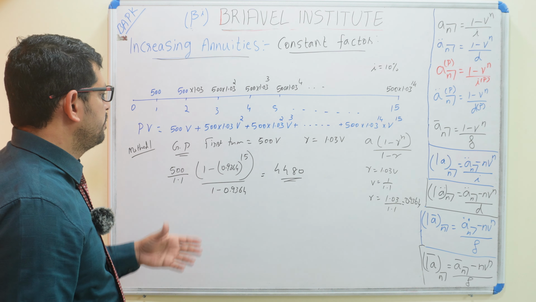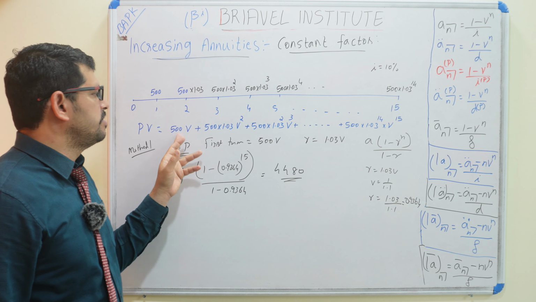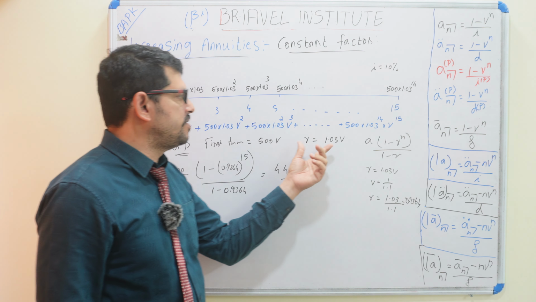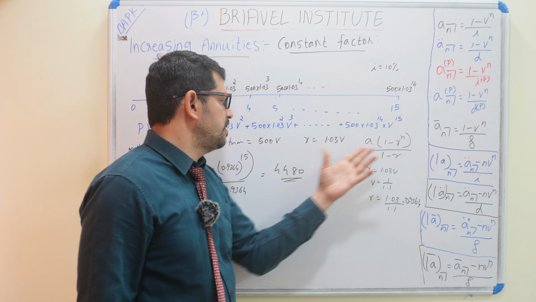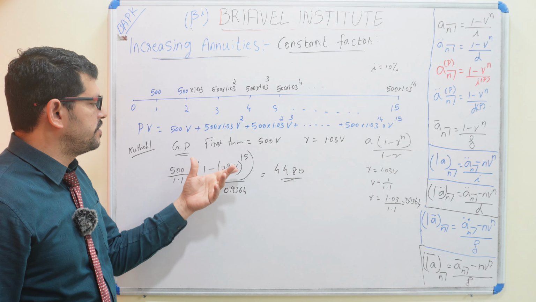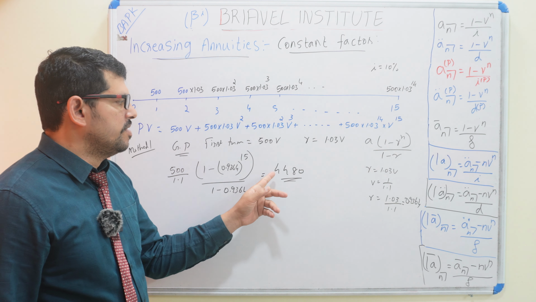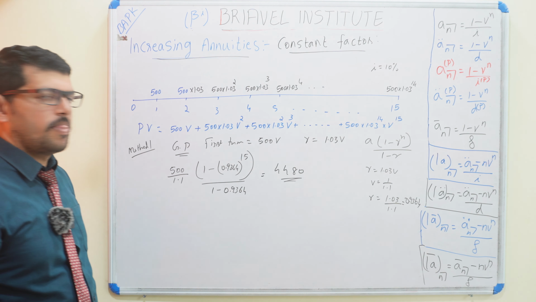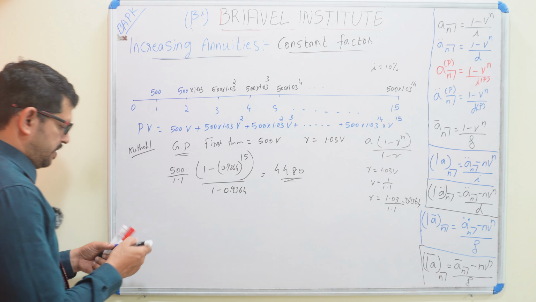This is one method using the geometric progression. How to do? First term is 500 v and common ratio is equal to 1.03 v. Using the geometric progression sum formula, and we substituted that formula directly, we got the answer of 4480. So this is one of the methods. And in the second method,